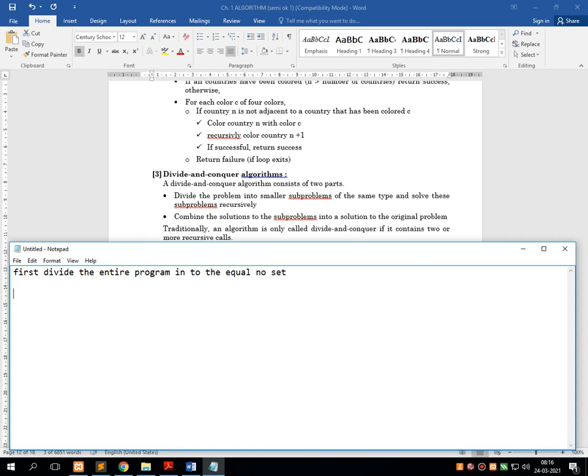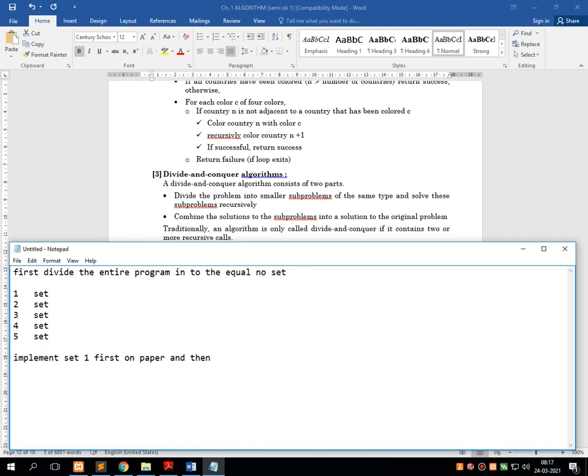Say for example, I have divided my program into 5 equal sets. This is set number 1, set number 2, set number 3, 4 and 5. Now implement set number 1 first on paper